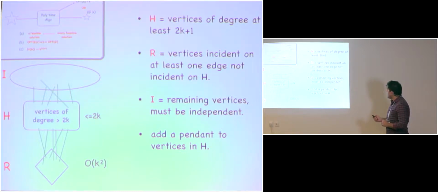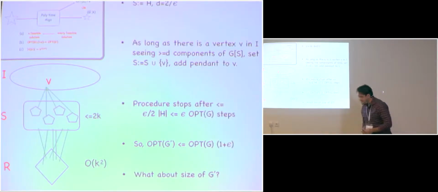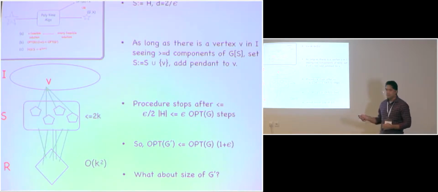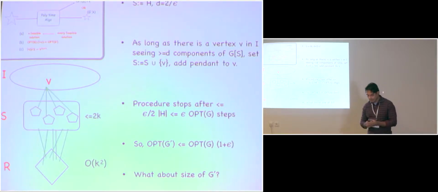And now what you are going to do is look at the vertices in I. These are the vertices which, if you remember, I pointed out play an important role with respect to connectivity. Now, if I ask you to quickly give me some vertices in I which do the best job of inducing connectivity, what you would most likely do is start picking up vertices based on their degree. Just pick up vertices of high degree as long as possible. Intuitively, this is what you would do. And it turns out that this is sufficient if you set all the numbers correctly. So formally, what you would do is,